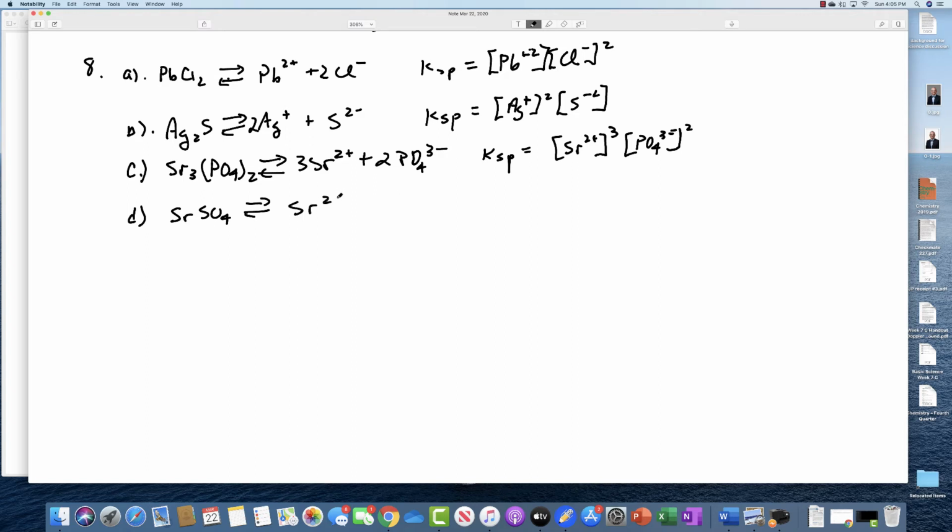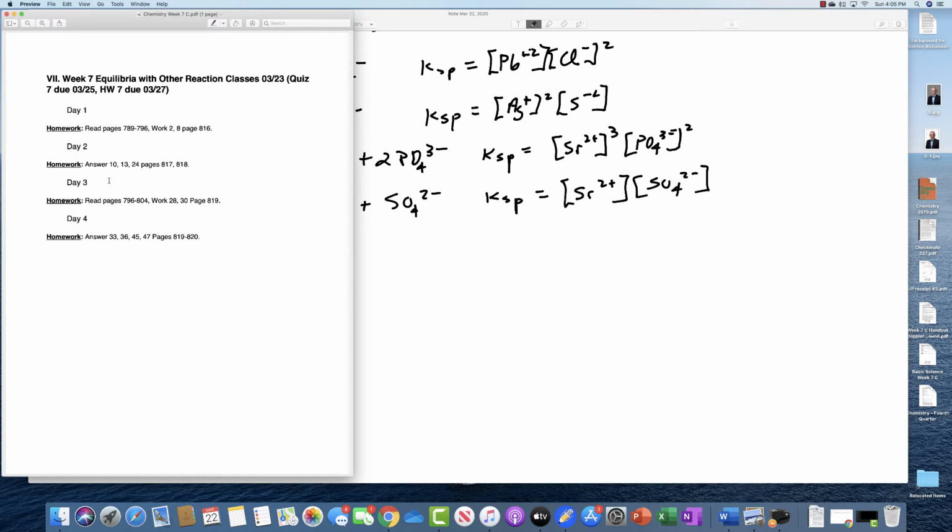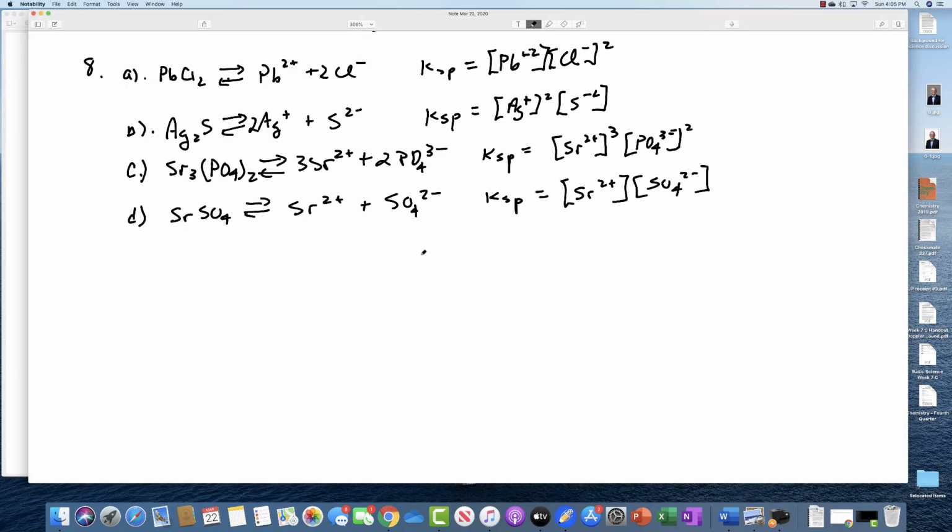So that's Sr2 plus and SO4 2 minus. So the KSP is going to be Sr2 plus times SO4 2 minus. So that is the homework for the first day. Let's move over and see what's next. We got 10, 13, and 24. So if we go to 10,